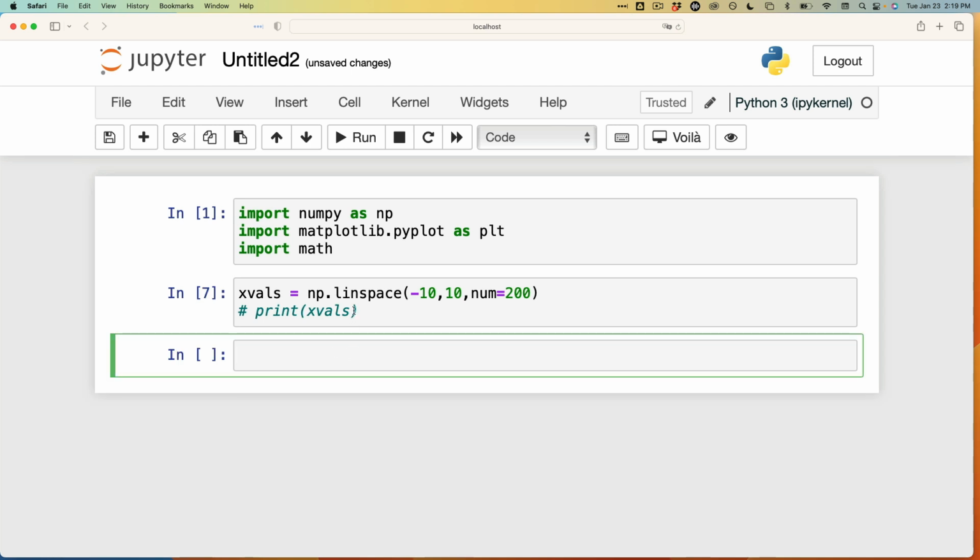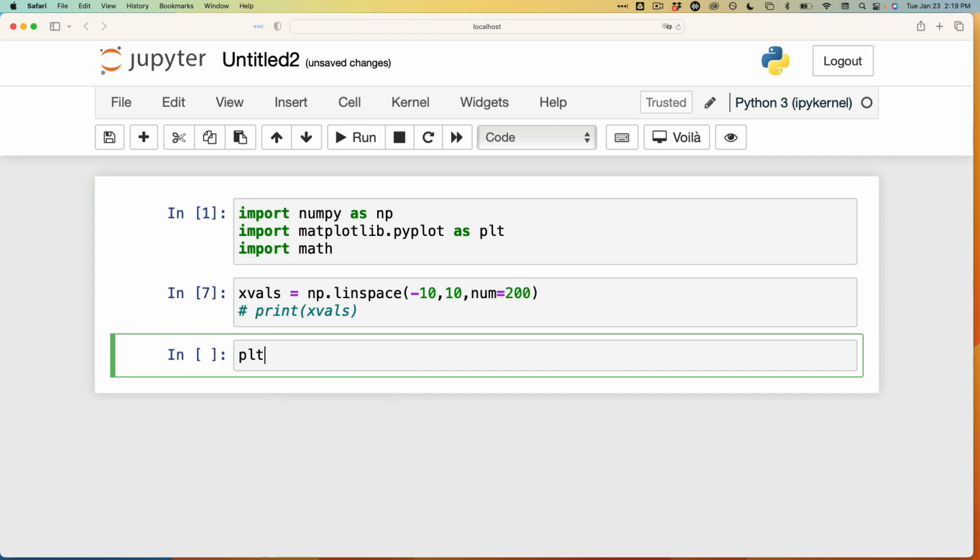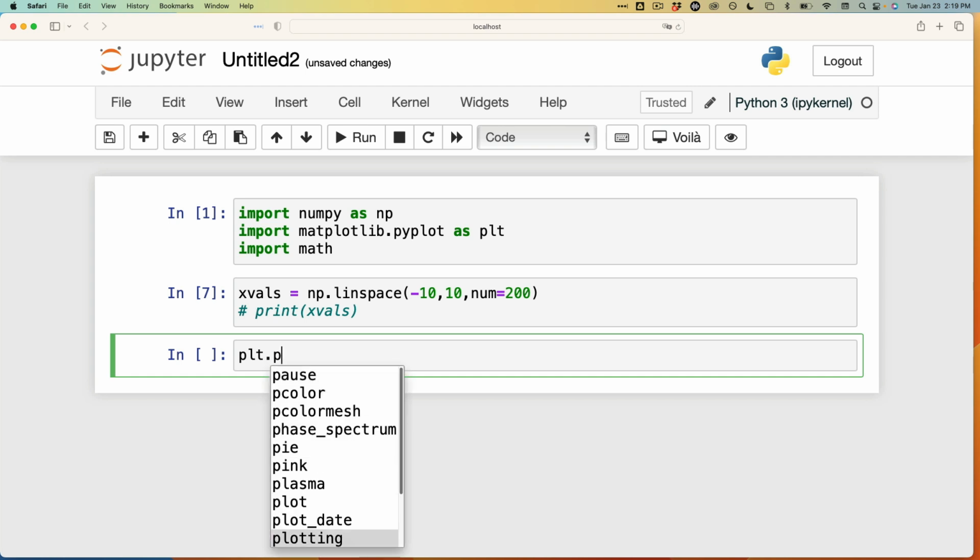Okay, so now let's plot. We're ready to plot very immediately. Here's how you plot. plt dot, what is the function for plot? Let's say you forgot. If you press plt dot and press tab, it gives you all the functions that are available in that library. So take a library, plt, put that dot, and then press tab. It gives you all the available functions that plt provides, all right? So in this case, because I typed P, plt.p is going to give me everything that starts with P. I want this one,